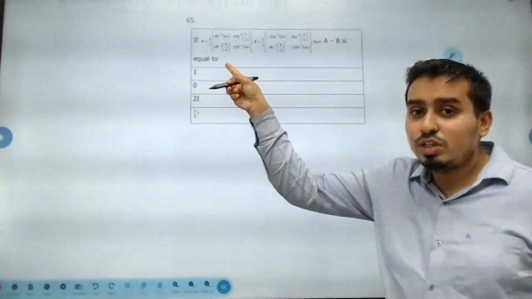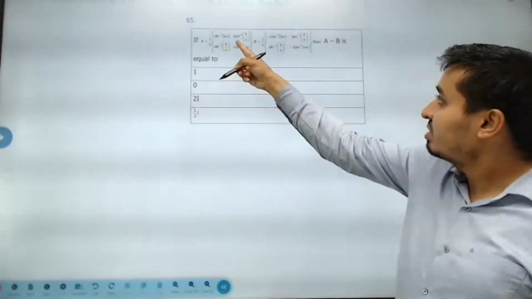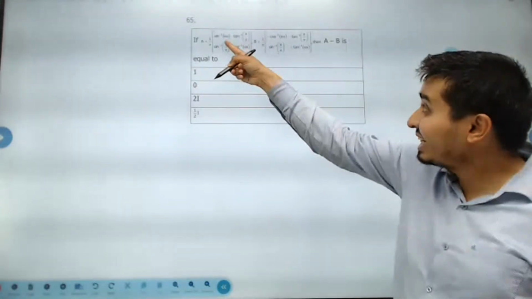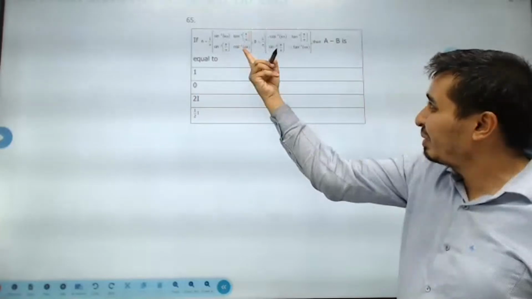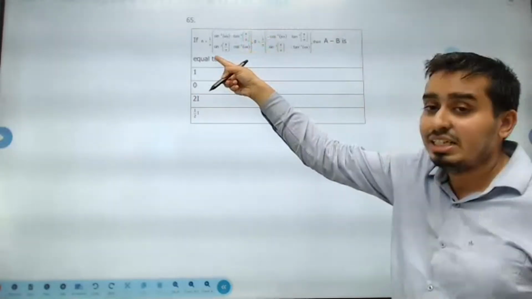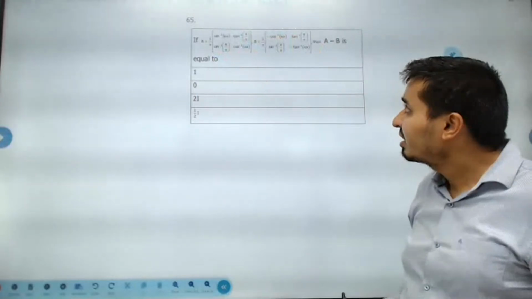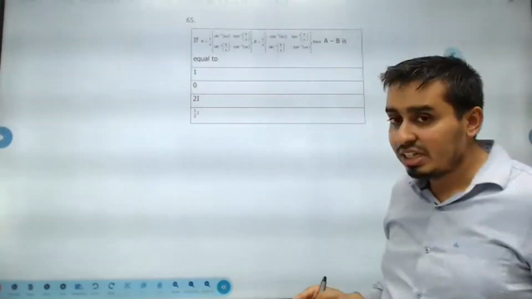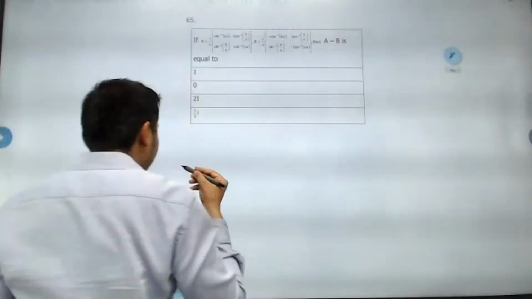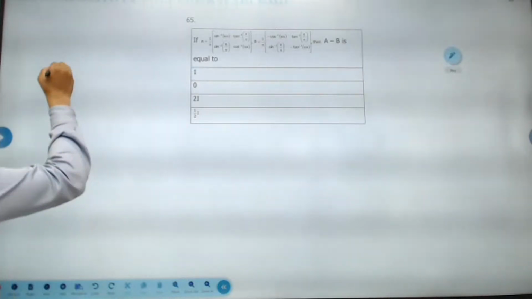If A equals 1 over pi into the matrix with sin inverse pi x, x pi is the same thing, tan inverse x by pi, sin inverse x by pi, cot inverse pi x, and B is this matrix. So what is A minus B? So let's do it. Let's do A minus B. So when we do A minus B,